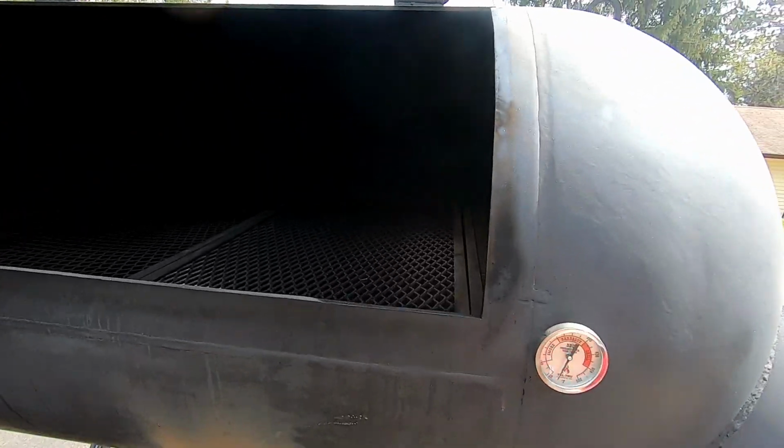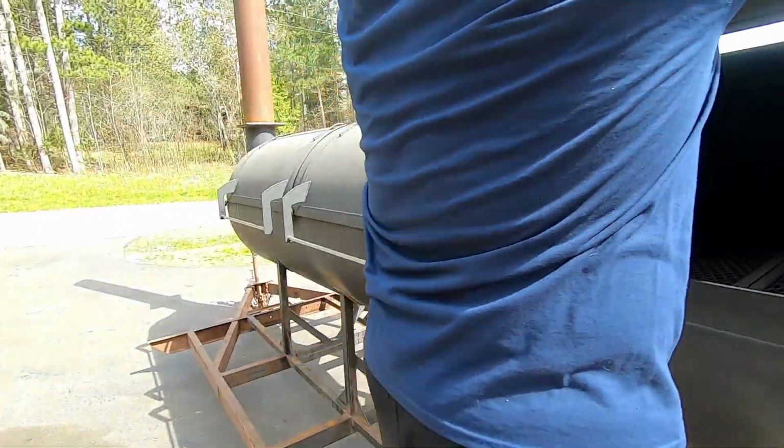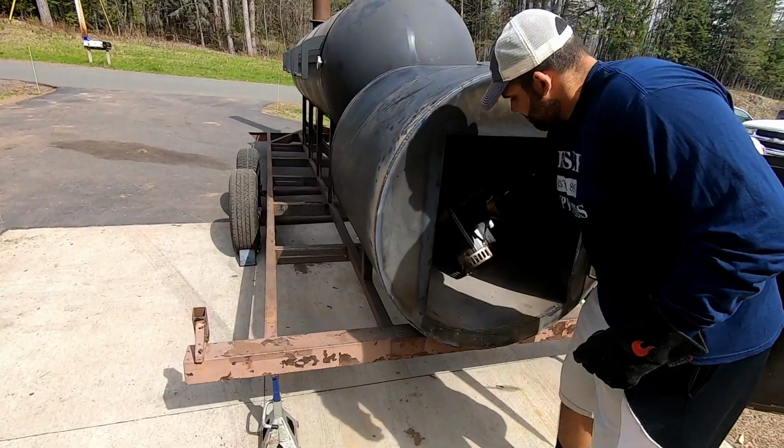Show you a quick inside view of what we got going on. So I bought a big full catering pan there that we use as a water pan up front. There's a ton of ash that comes through this area, so we don't really use it too much for putting the food in there. You'll see what it looks like afterwards. But other than that, we usually put the food down at the end over on this side, and it's usually pretty consistent throughout the cook. So all we do is